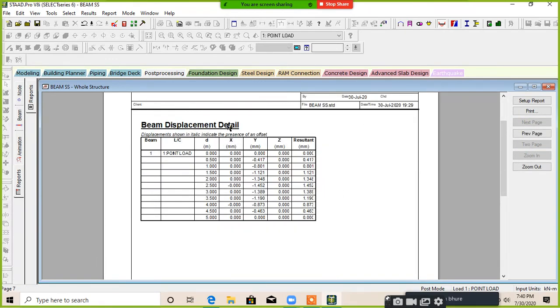It is a beam displacement detail. Look at this, the report is generated for 10 locations of that particular beam: at the distance of 0, then at 0.5, at 1 meter from the start point, at 1.5 meter from the start point. At 10 locations, the software will show the values of displacement, bending moment, shear force and all other values. If the beam length is 5 meter, it will divide it into 10 parts like 0.5, 1, 1.5, 2, 2.5 like that, if you give an input of 10 increments.